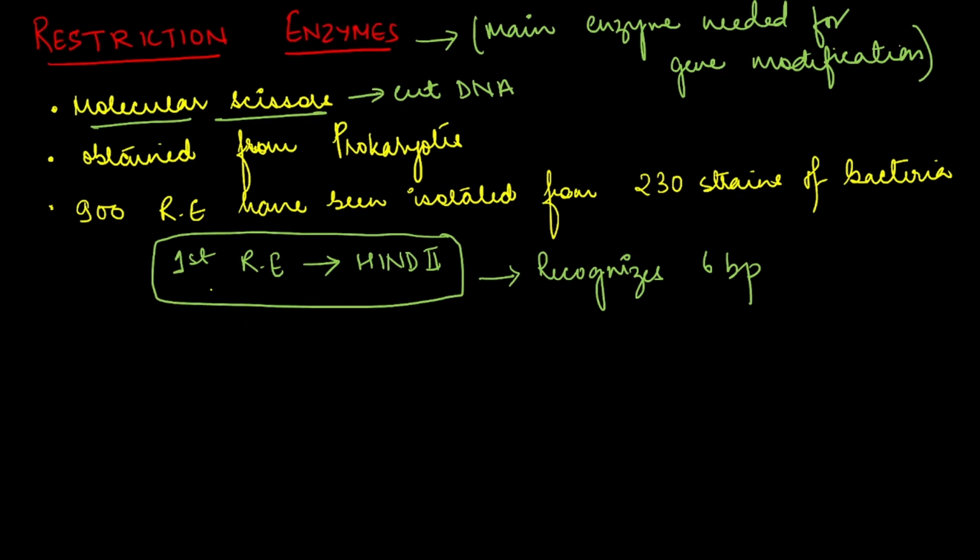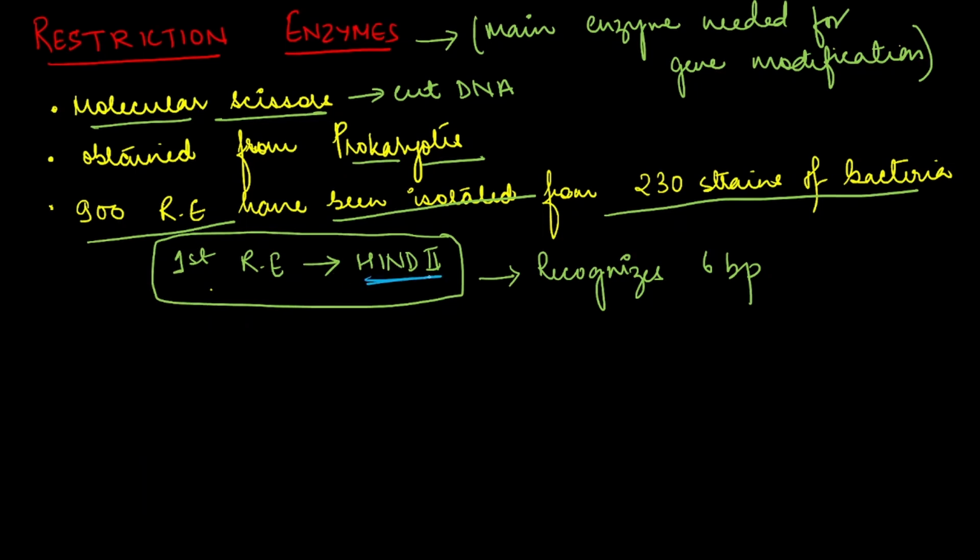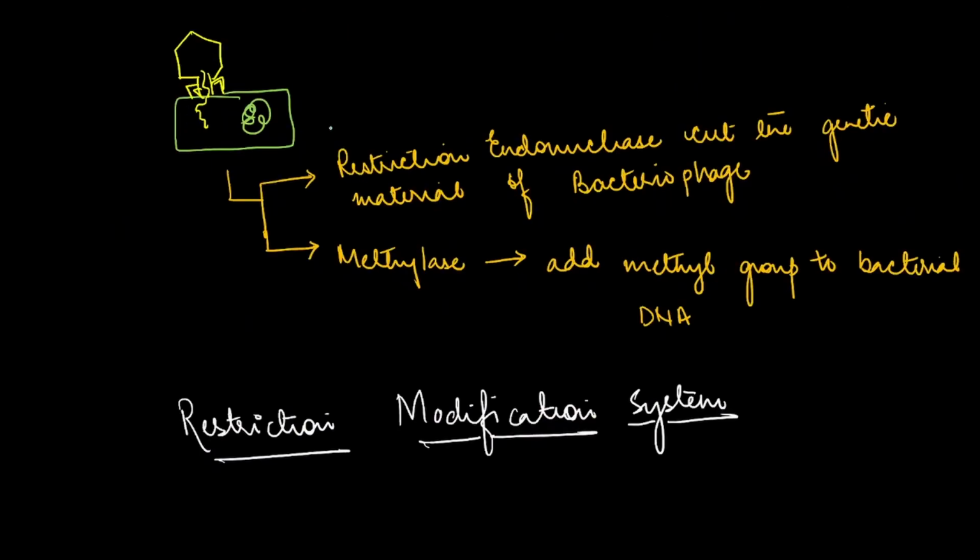It is obtained from prokaryotes. 900 restriction endonucleases have been isolated from 230 strains of bacteria. The first restriction endonuclease that was produced is HinII, and it recognizes 6 base pairs. So let's discuss the restriction modification system. It's a concept in which, if this is a bacterium,